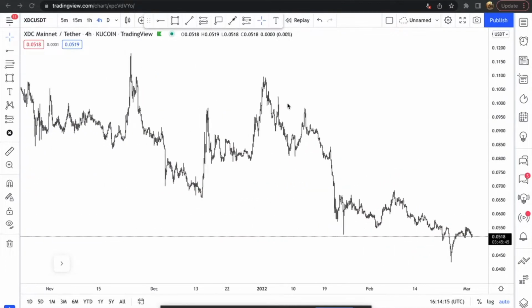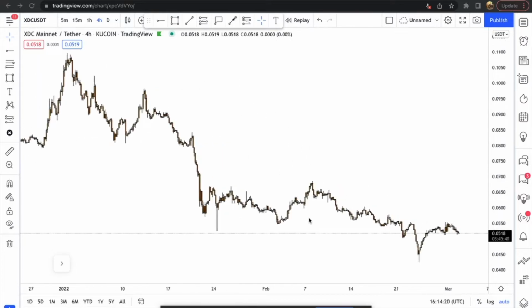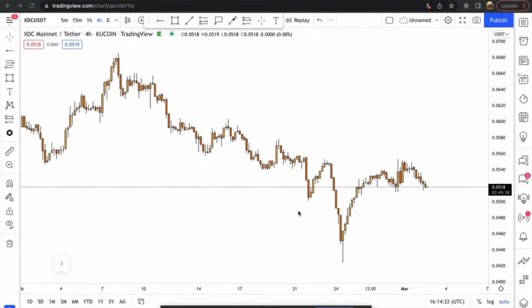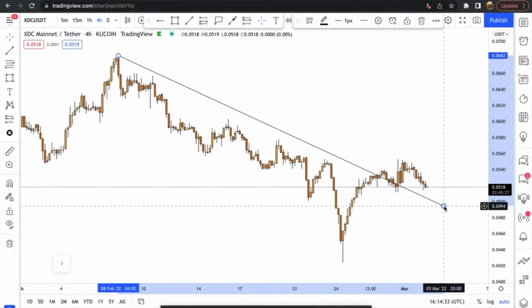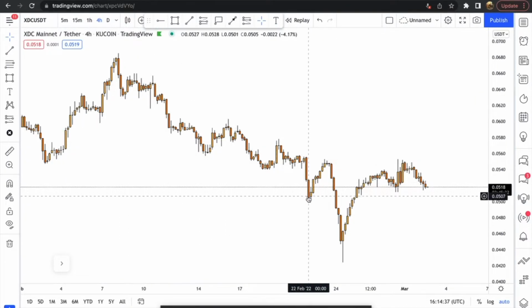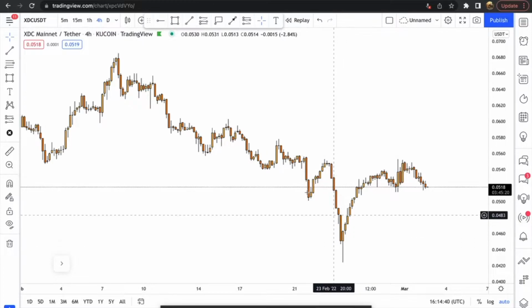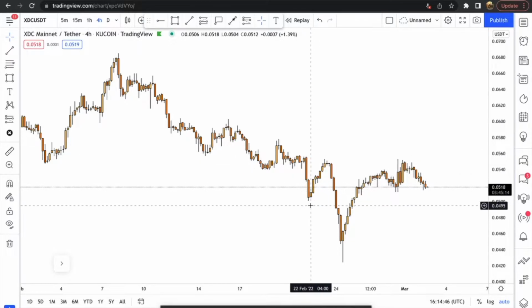So you can see, we've had this long downtrend, which I talked about in the previous video. But what I'm going to talk about here now is just this structure that we've got going on here. So you can see that this again here, this is the downtrend, right? This is a downtrend. Now I'm not going to leave the line there. What I'm going to do is just work with these levels that we've got going on here: the lower lows, lower highs, lower lows. So if we go from this part here, we create this lower low, lower high,